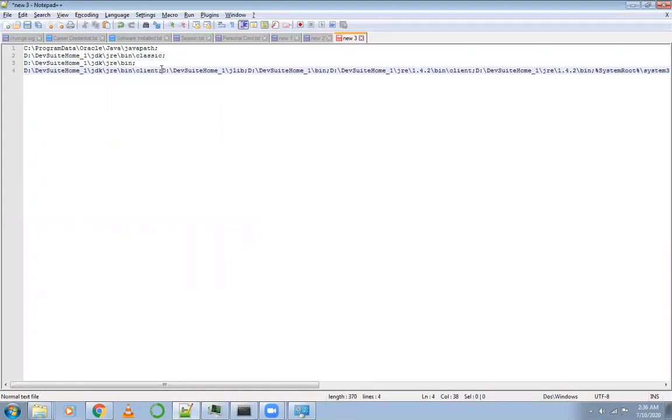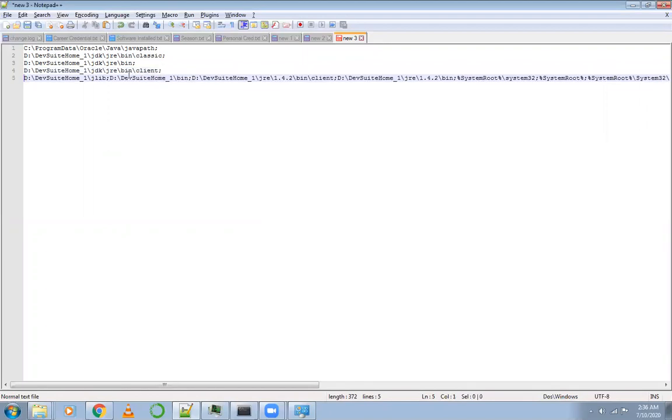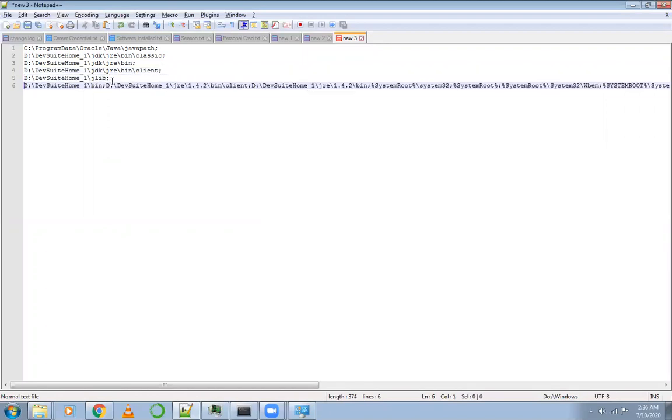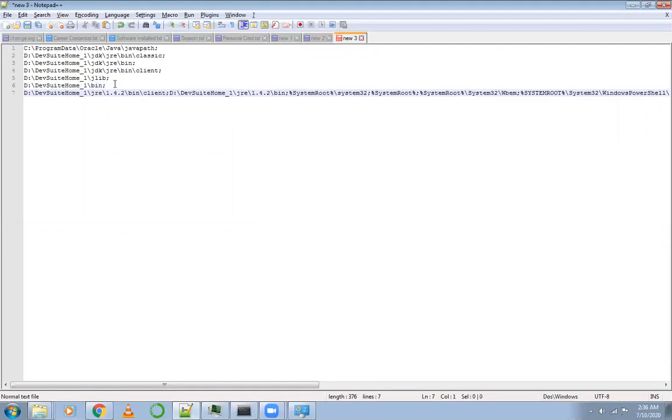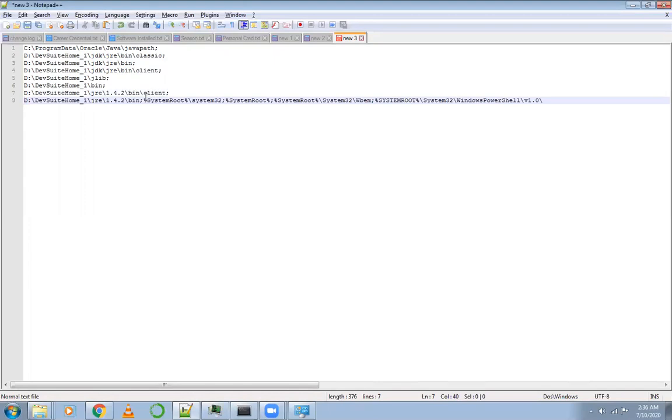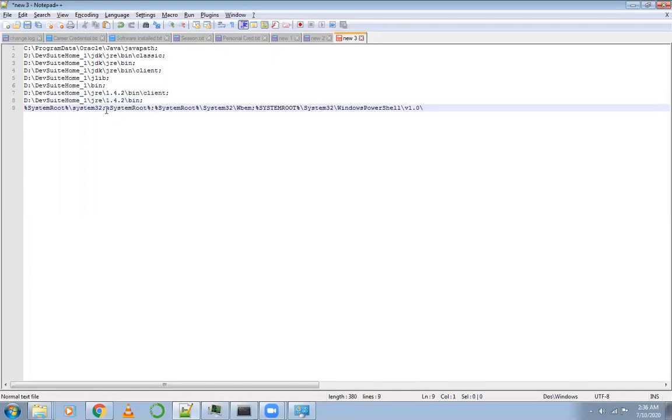Whenever we install any new software, in some cases, the directory path will get stored there in the system path by default. And for all the built-in commands like ipconfig, the directory path will be stored here by default.